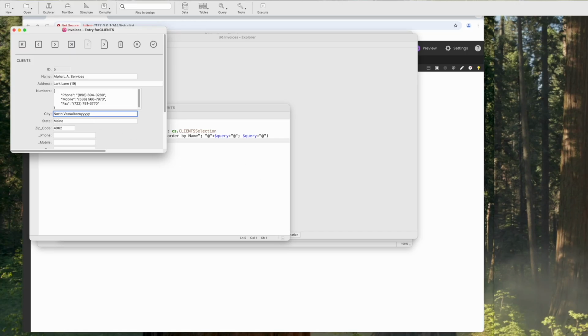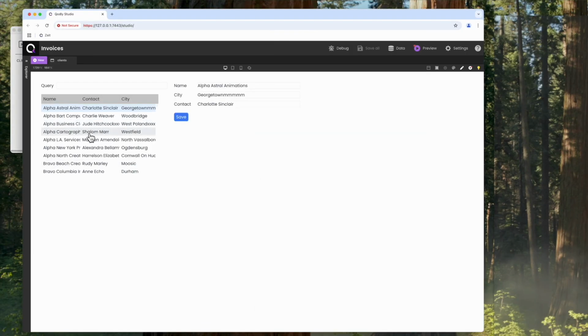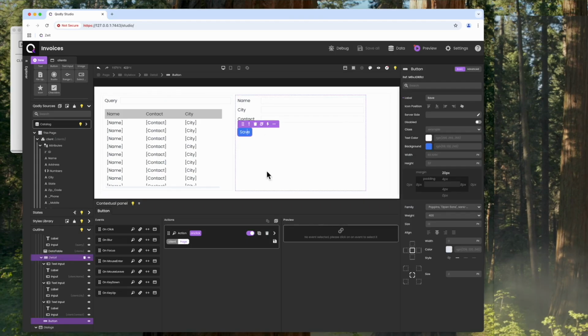switch to Qodly. This was the LA service. Change something here and click on Save. What should happen? The record is locked. Was it saved or not? No response. This is bad. So let's go to Edit, click this automatic save button,